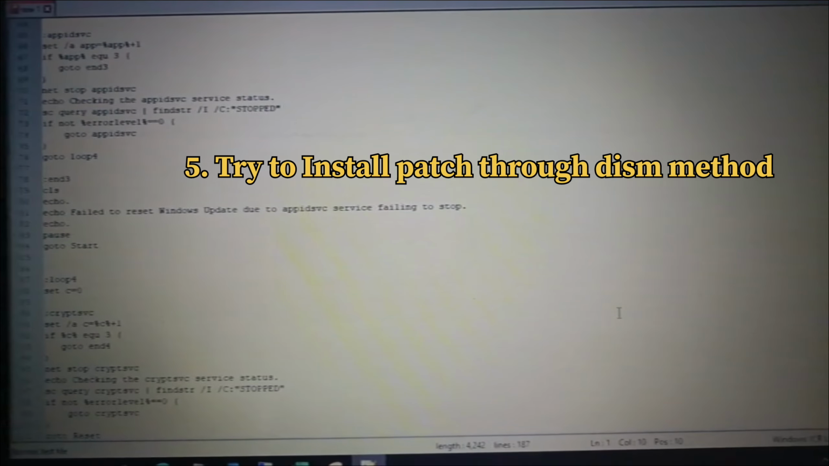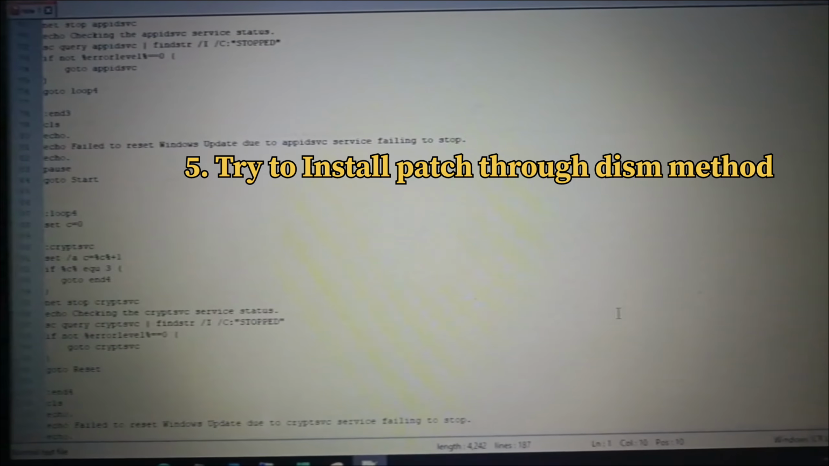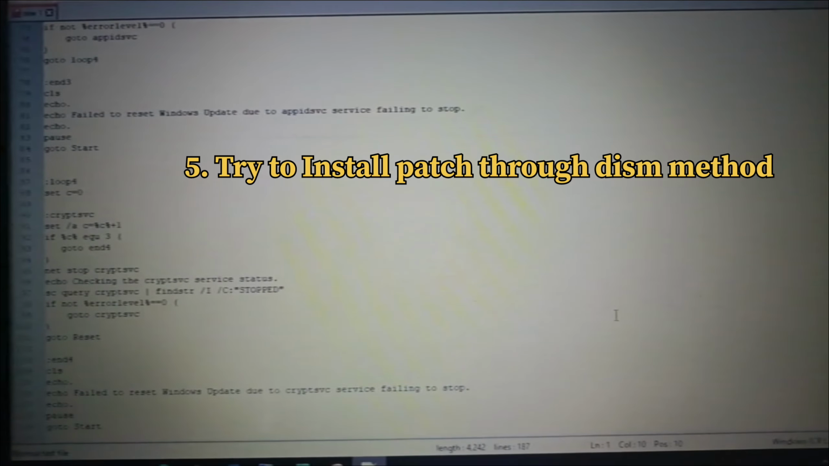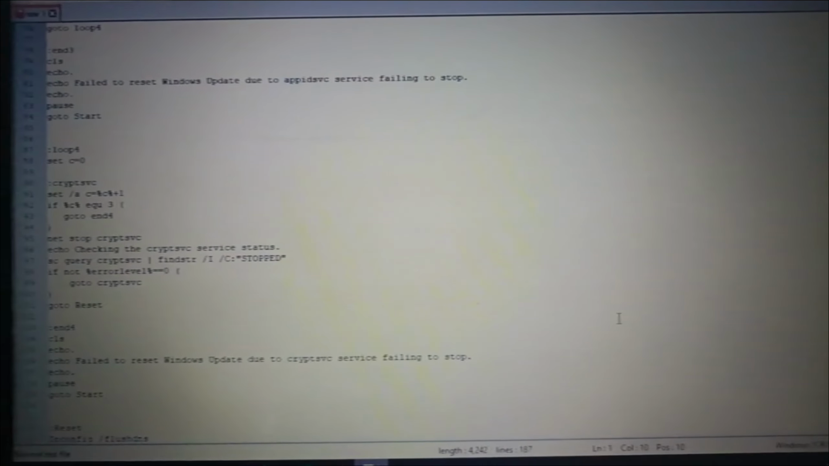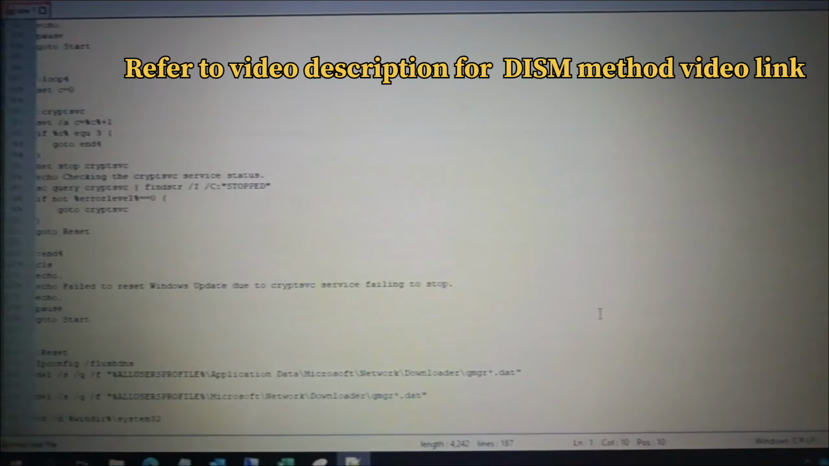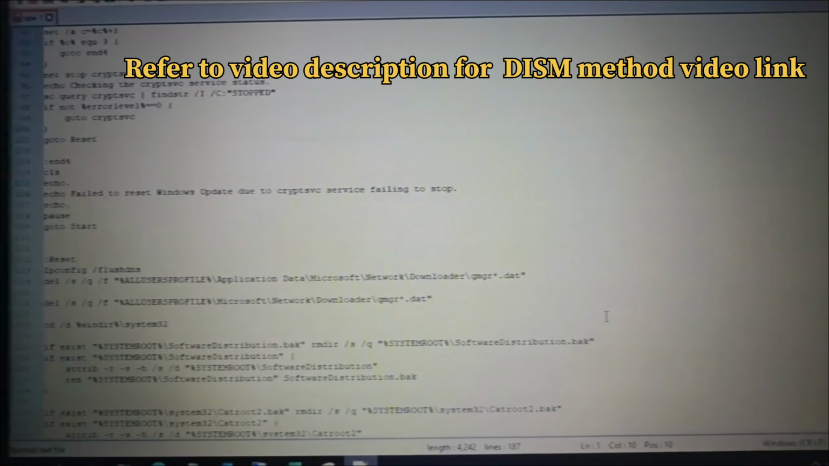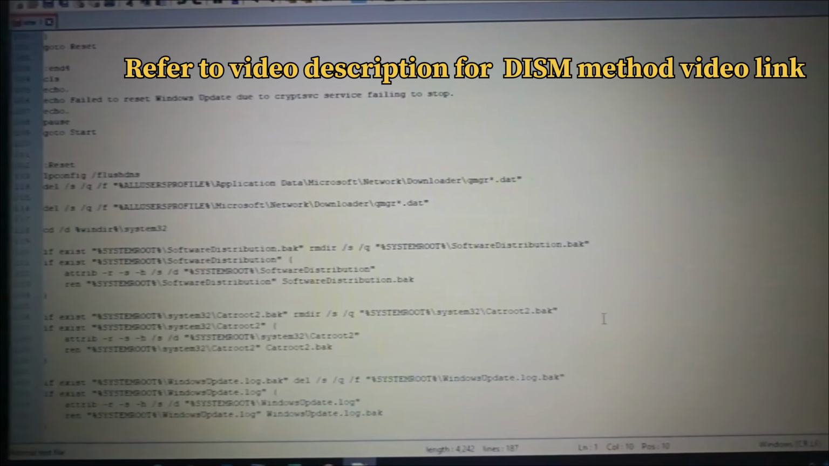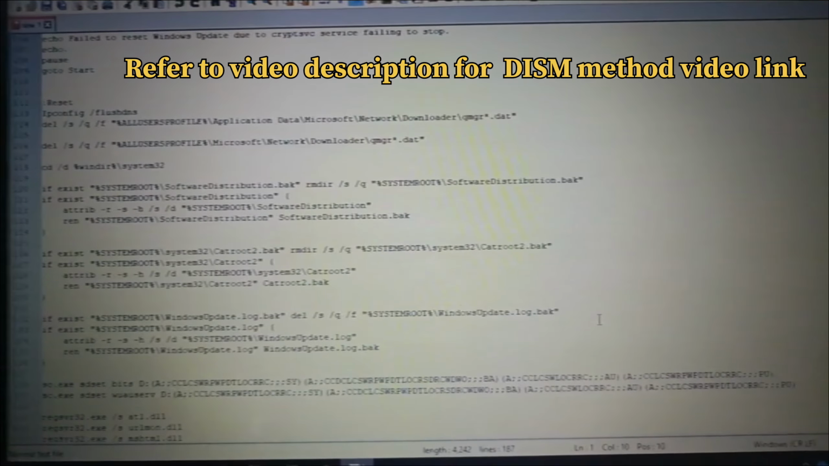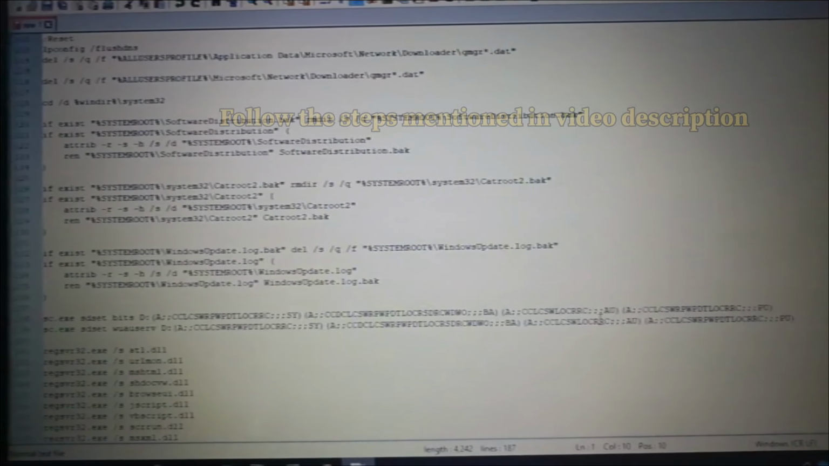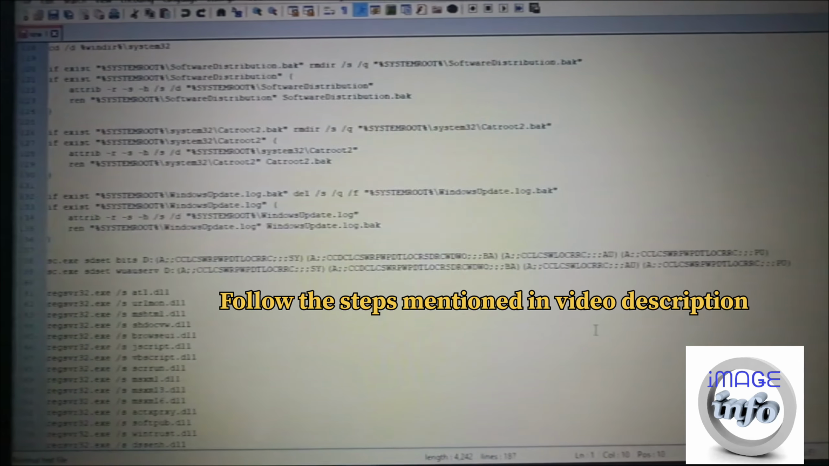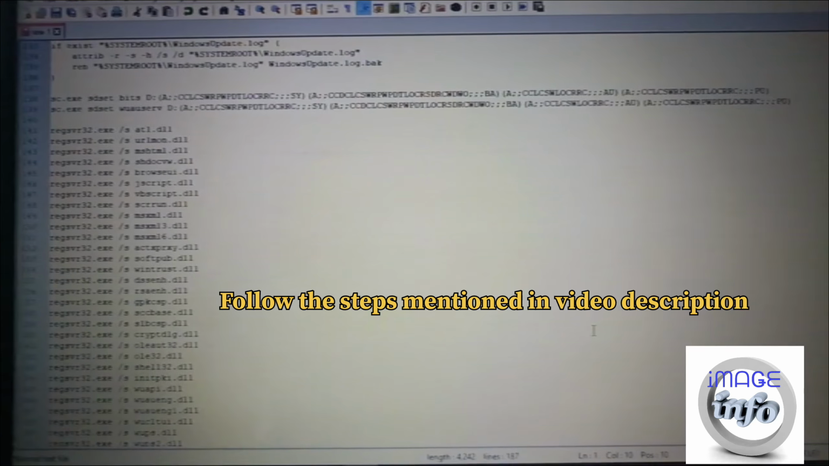I have mentioned all these commands in the video description, so you can copy them from the video description, convert them into a .bat file and run the reset on your server or computer. After you run the .bat file, you have to restart your server or computer and try to